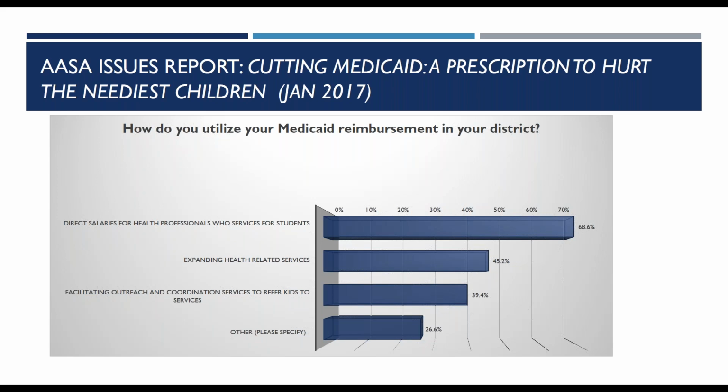And what we found is that 2/3 of districts reinvest that Medicaid funding back into the salaries for the health professionals and services that they need to provide students. Some districts also use that money to expand health-related services. So whether that means doing checks, universal screenings, for example, for kids in the school building, related to lead or related to asthma or diabetes. Those are just a few examples of how they may be trying to expand health-related services that they offer. Certainly mental health services is an area where we see a lot of districts trying to expand services to kids.